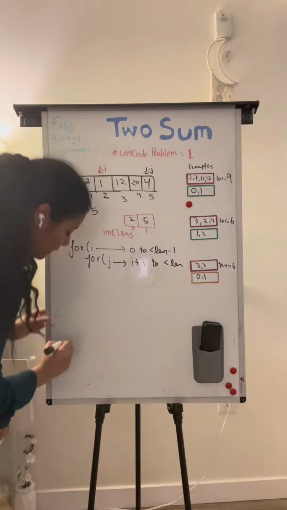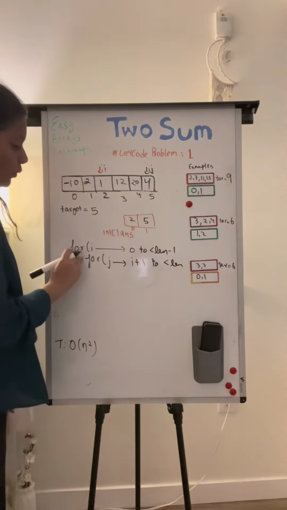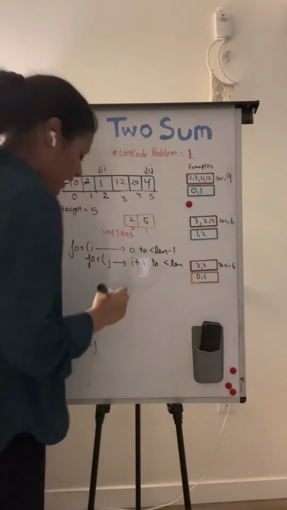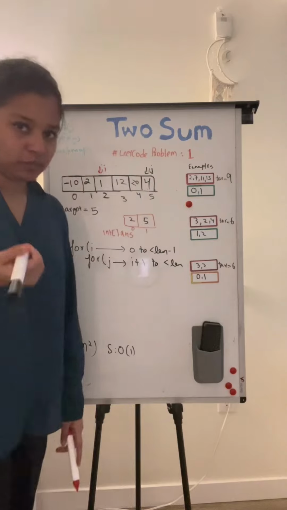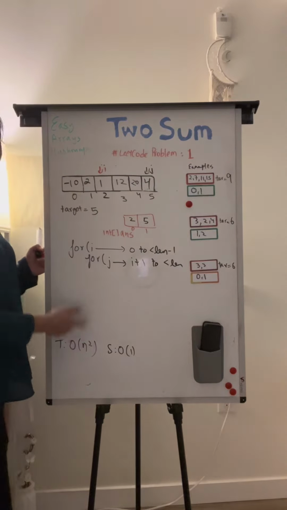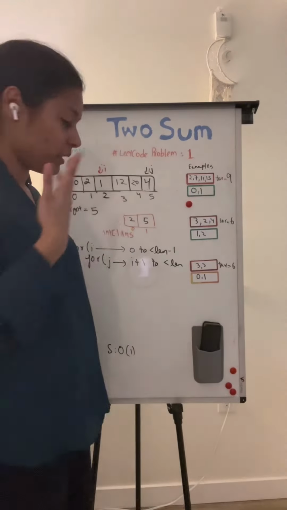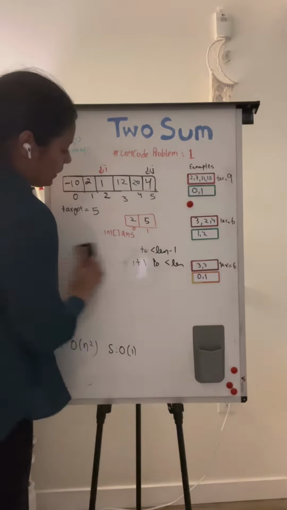The time complexity for this solution would be O of n square because we are looping over a nested loop, and the space complexity would be O of 1 because we are not using any extra space. Let's see if we can reduce this O of n square into O of n. Do we have something better? Yeah. So the next approach would be,